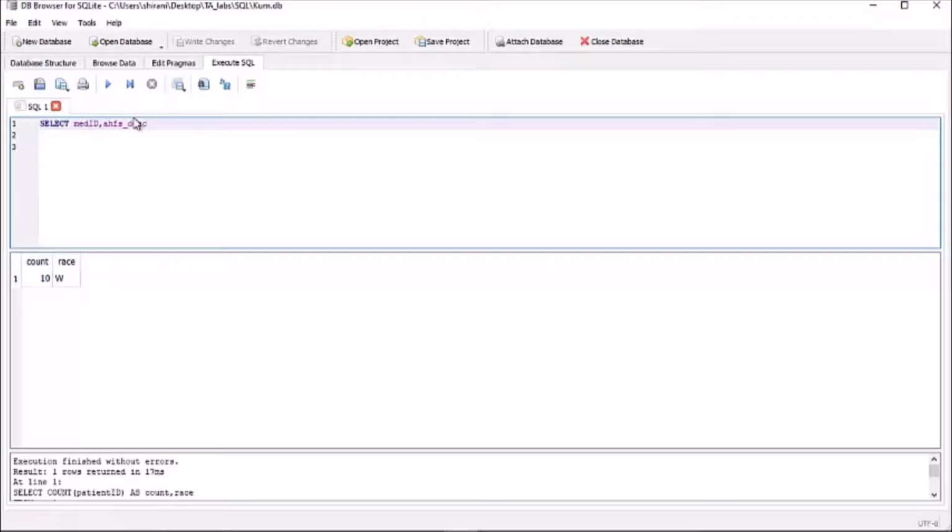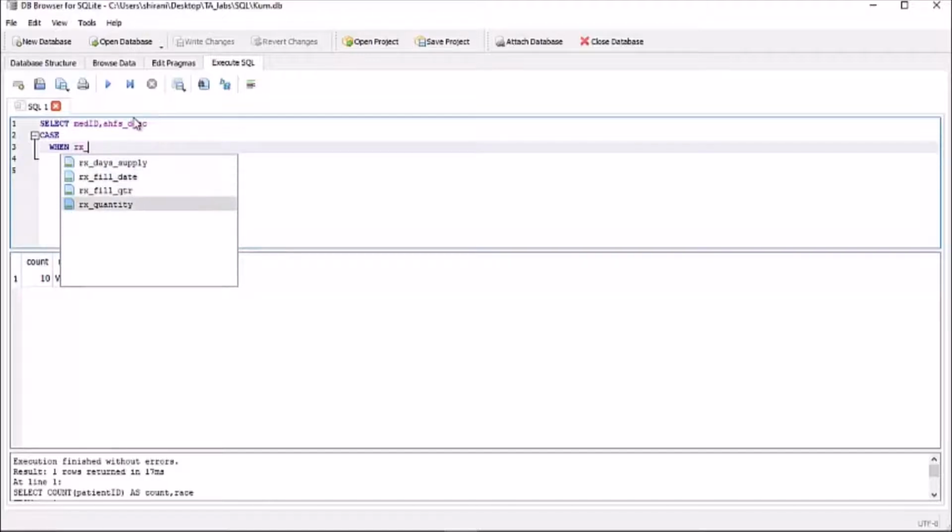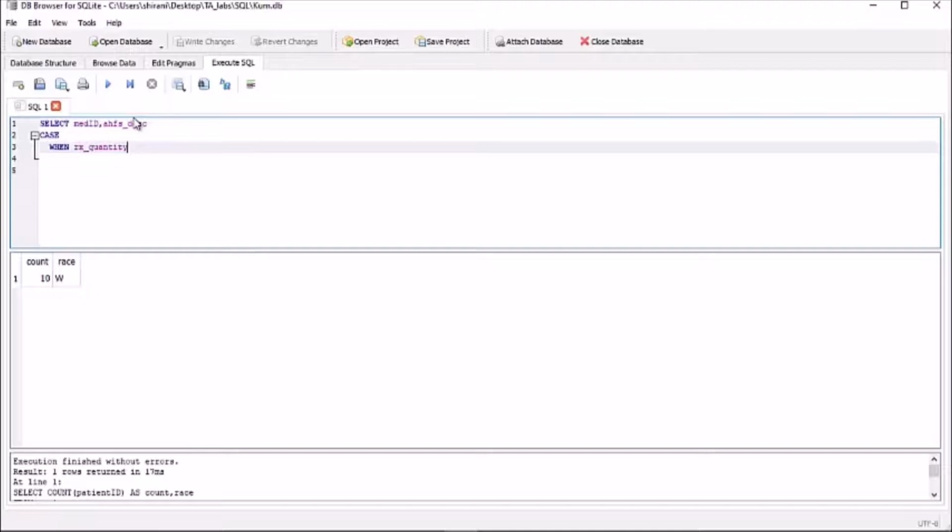Prescription and then the quantity is greater than 30. Just show me with a text that the quantity is greater than 30, then